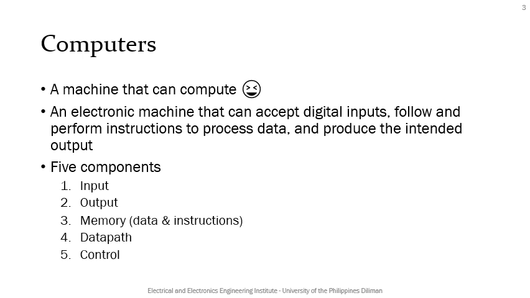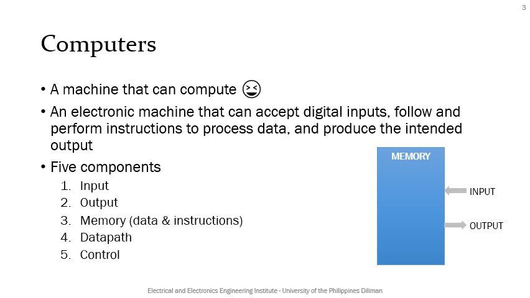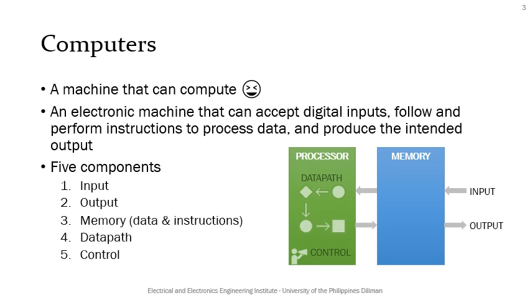The input may come from devices like mouse, keypad, or some other peripheral for the case of microcontrollers. The output may be through the monitor display, speaker, or some other output device. Another fundamental component of a computer is the memory. The memory contains both data and instruction and also acts as the interface between the input and outputs to the computer. The data path includes the logic blocks that perform the processing of data, while the control is the one that manages the flow of information. These last two components are normally integrated on a single chip and as a whole is called the processor, or traditionally the CPU.